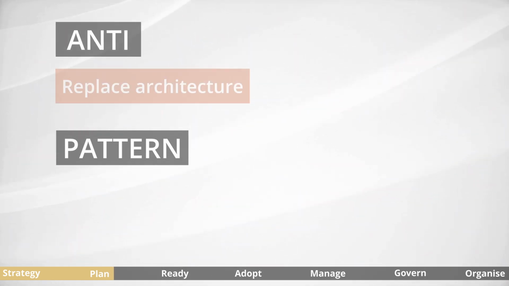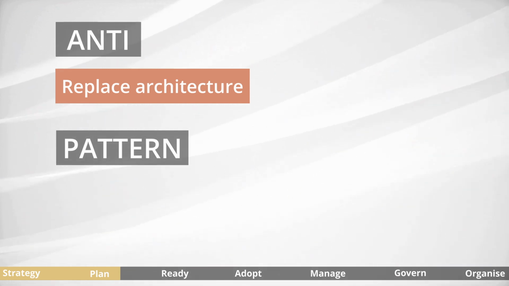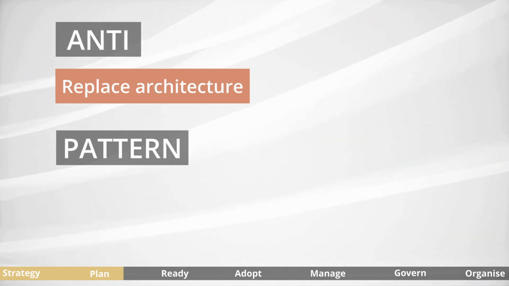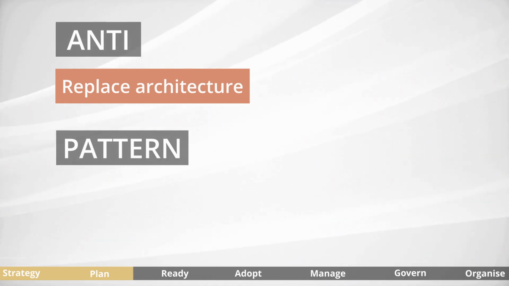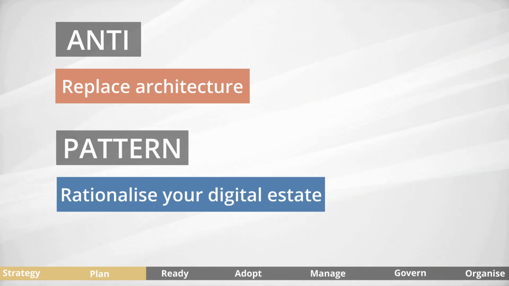Next antipattern is replace architecture. Due to the perception of requiring less management effort, many companies replace their old and complex architecture with SaaS or PaaS platforms, which leads to major replacement projects. However, managing and executing these projects itself is complex and expensive. There are also substantial risks involved in changing processes and operating models. The preferred approach is to rationalize your digital estate. Consider modernizing your application environment incrementally. Instead of replacing it entirely, evaluate which strategy, rehost, refactor, re-architect, rebuild, or replace is optimal for your scenario.